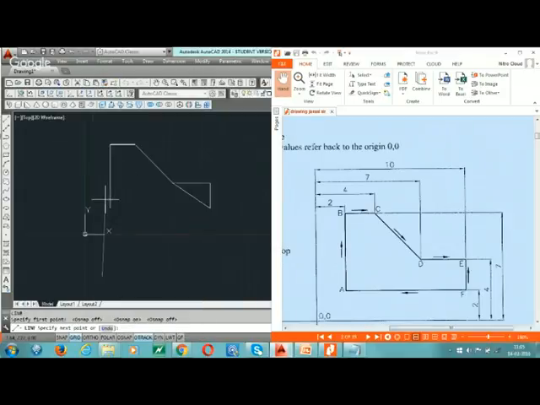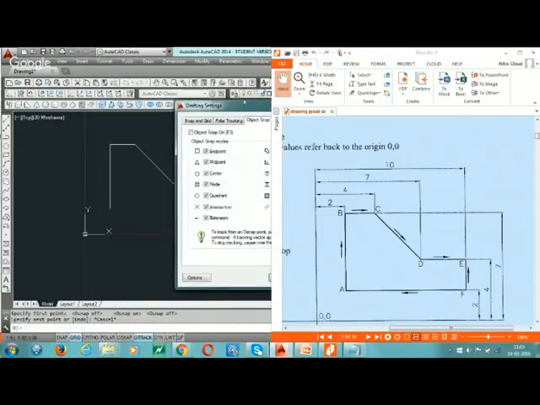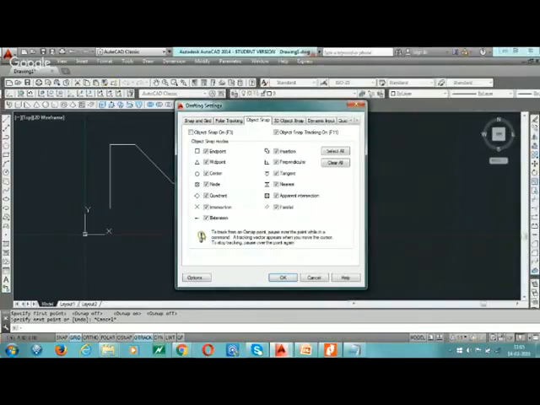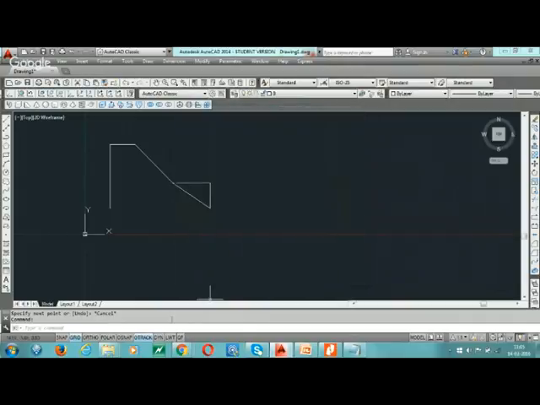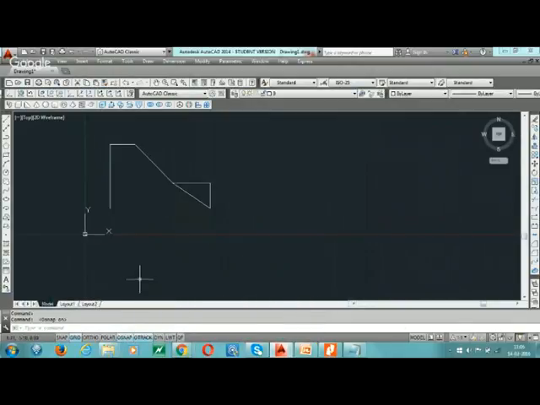Here we need to select the endpoint. So go to the OSNAP, go to the settings, clear all. We only need endpoints. Then select endpoint and OK. Again on the OSNAP with the help of F3 or click on OSNAP. Then take line command L, enter. Take this endpoint and this endpoint. Select this and delete.